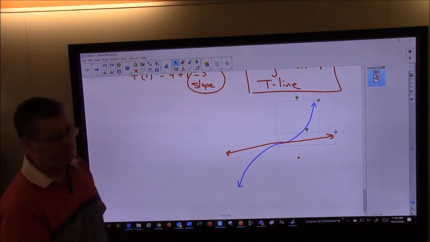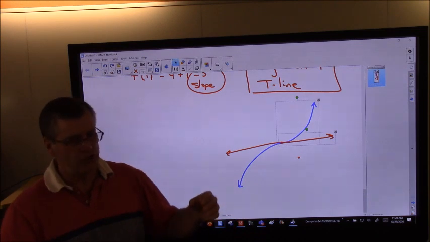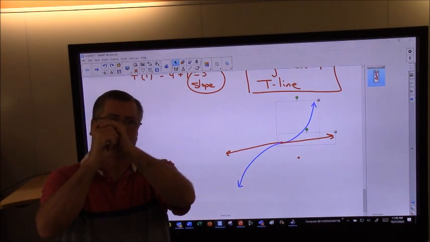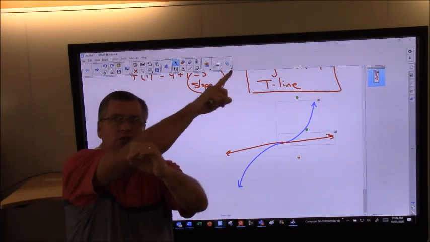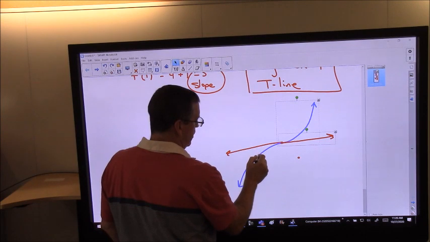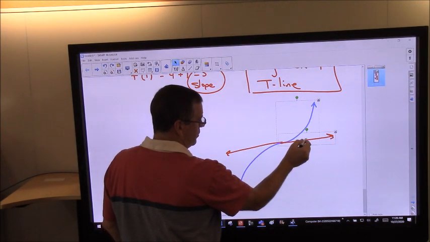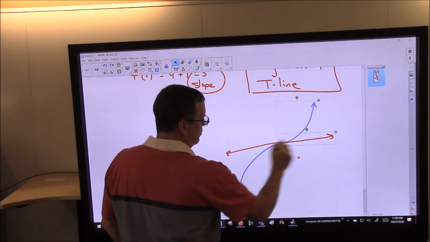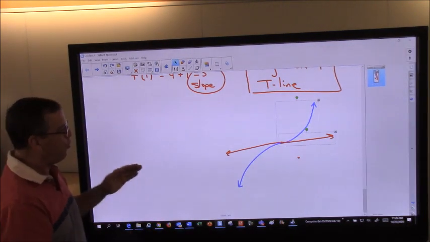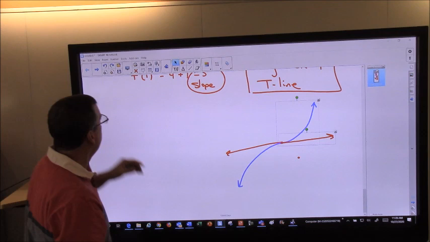It's sort of like if I have a piecewise function, and this has an open circle, and this one has a solid dot, and the solid dot fills in the circle, it's now continuous. Same idea here. This was a tangent line to the curve here. That's a tangent line to the curve here. So why isn't that a tangent line to the entire curve? Right? So we will see tangent lines intersect